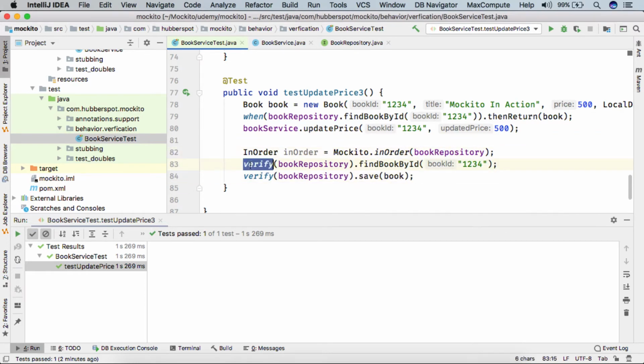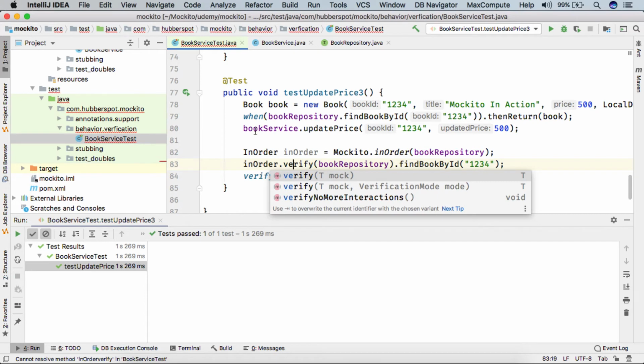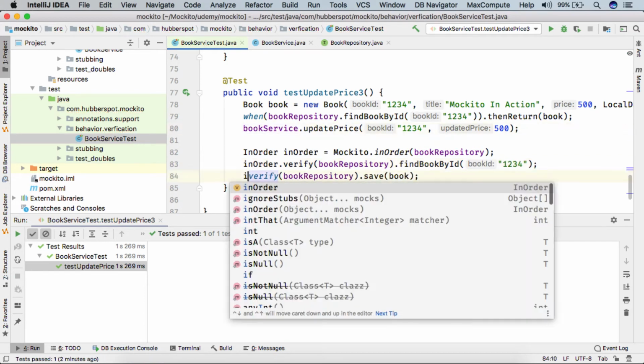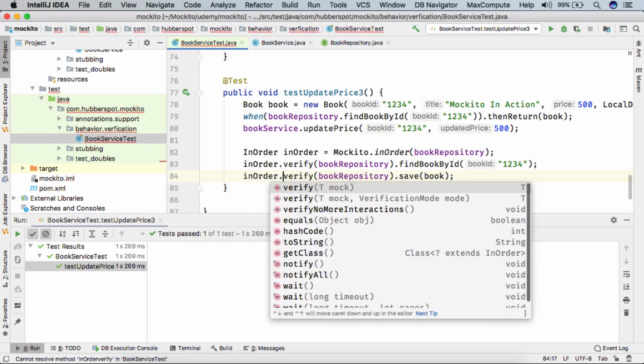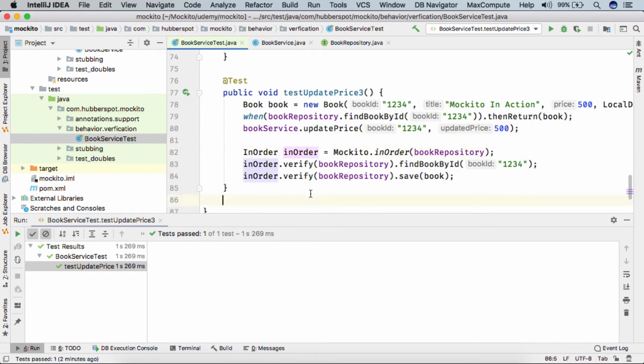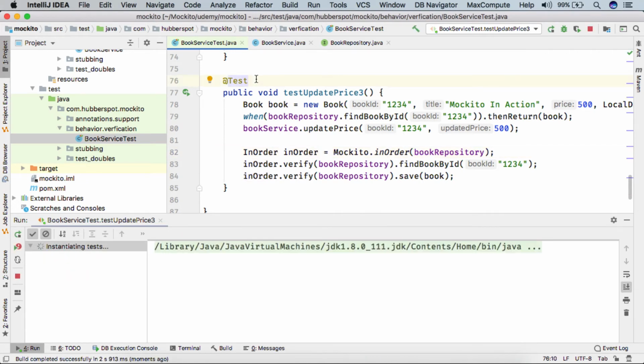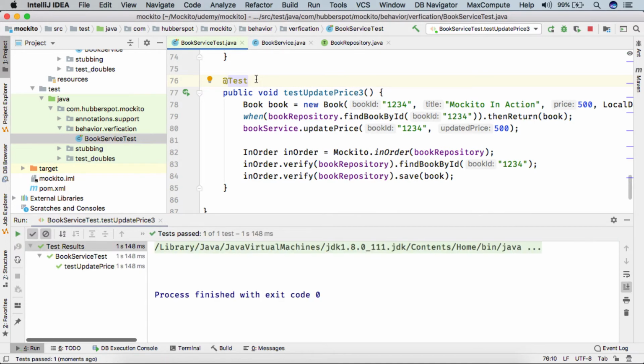Instead of calling verify directly, we can say in order dot verify. So instead of directly calling verify, we now call verify on the in order object. If I run the test case now, you can see the test case got executed successfully.